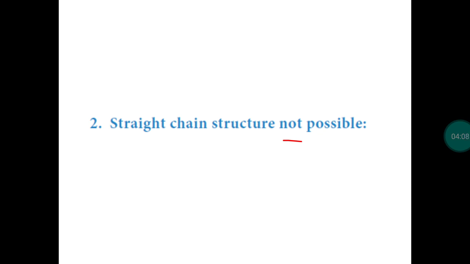It is not answering all the tests of alkenes and alkynes. It is an unsaturated compound. It is identified as an unsaturated compound with the help of molecular formula, but it is not answering all the tests of alkenes and alkynes. So it is clear. It should not be mentioned as a straight chain compound. Definitely it should be a cyclic chain compound. If it is answering all the tests of alkene and alkyne, it can be mentioned as a straight chain compound, a linear chain compound. So 3 examples are given in our book.